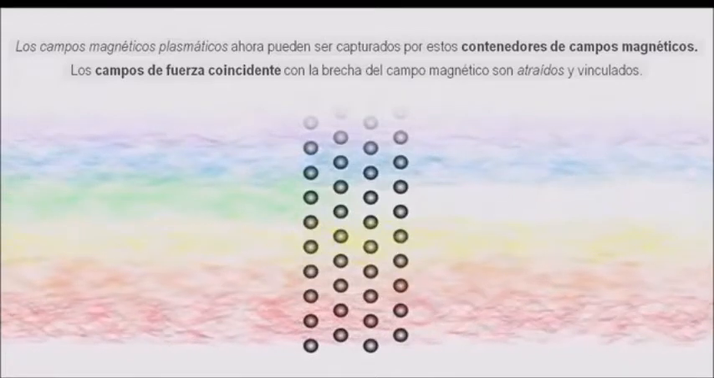Mejorar tus videos con música de Epidemic Sound. Descubre más de 35,000 canciones y 90,000 efectos de